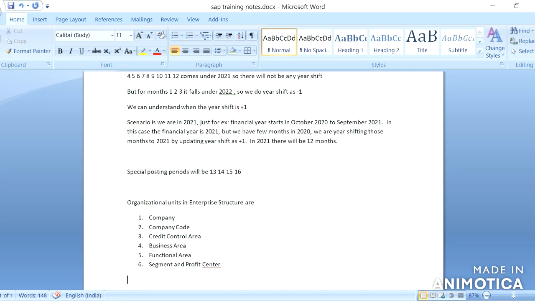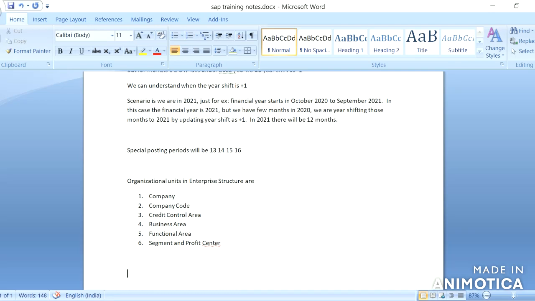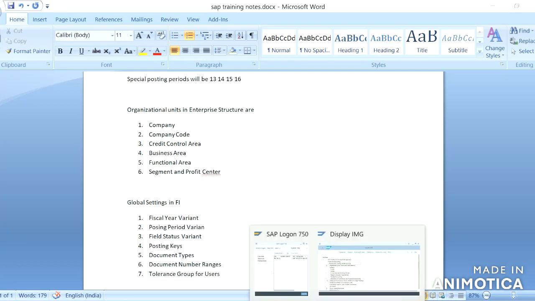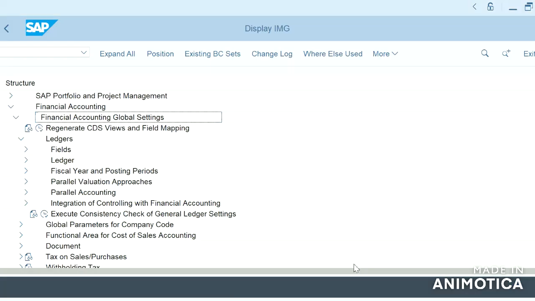So moving on to global settings. Global settings in FI. After checking the organizational units in the enterprise structure, now we will move on to the global settings in SAP.